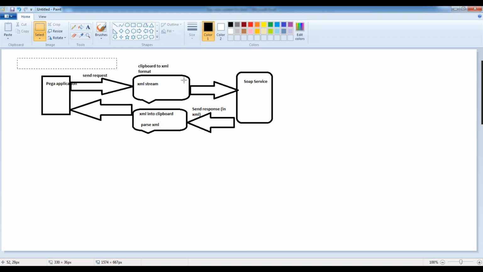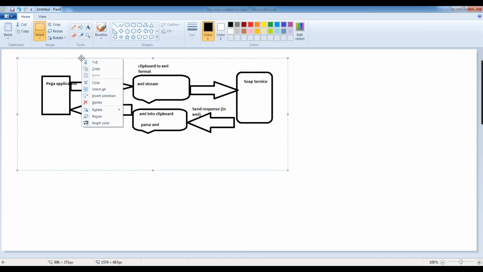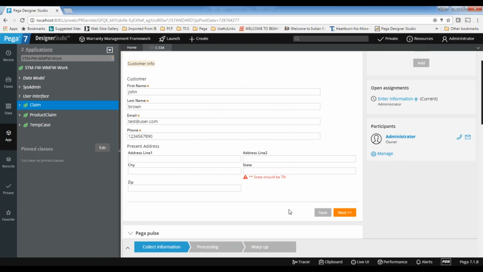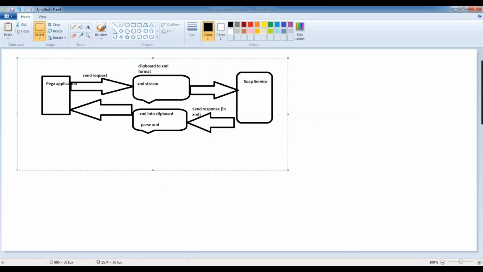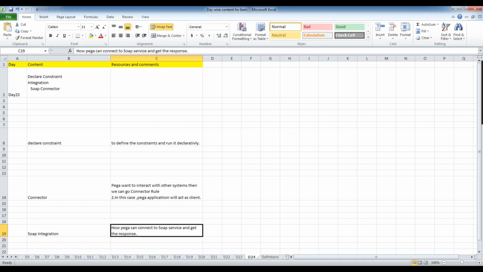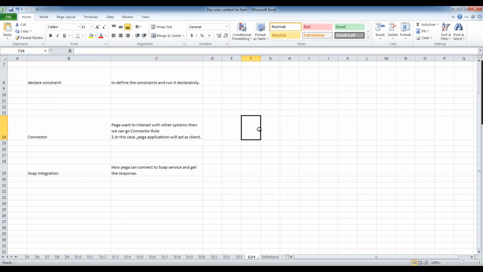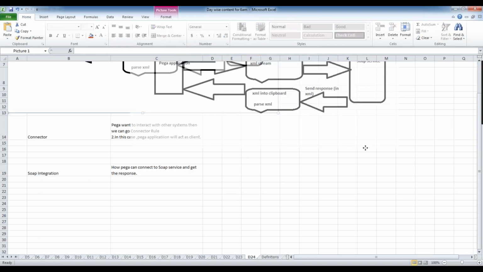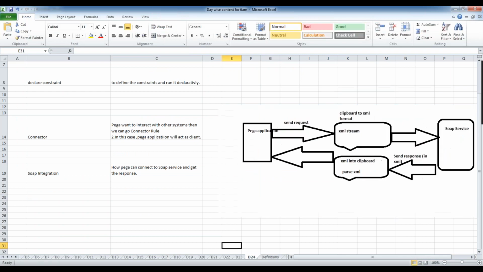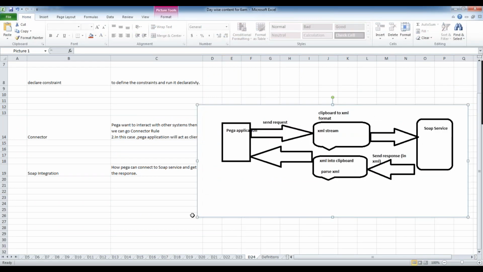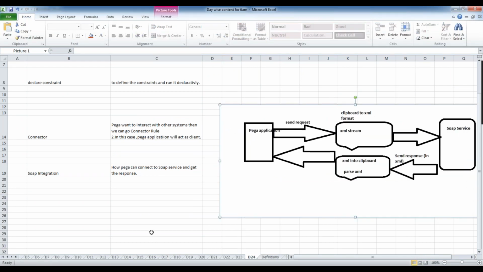Now, what is the application we have? We will search for some SOAP services in public WSDL. There are some websites which provide free web services. We'll connect to them and see how to get the response from those services.